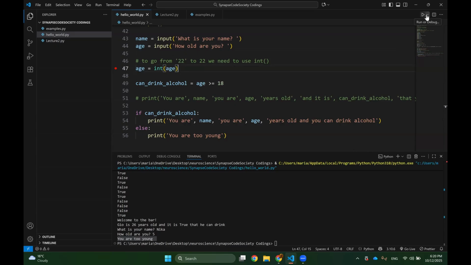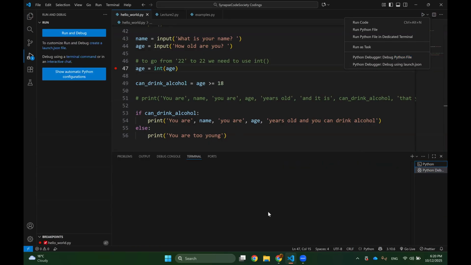Any environment you use will have its own debugger. In case of Visual Studio Code, you get that by coming here and then clicking just Python debugger. PyCharm has it slightly differently, and other ones have it differently as well, but they all pretty much have a kind of debugger. And the idea is you run your code